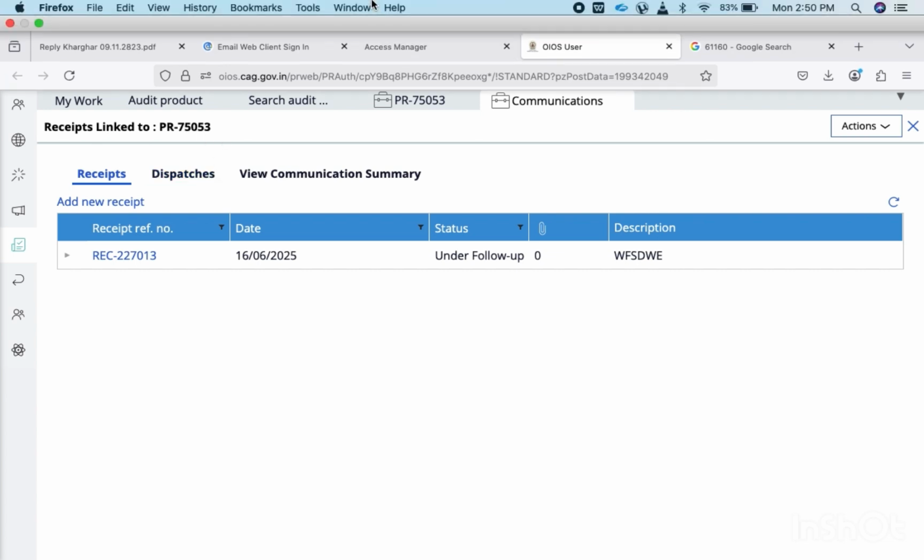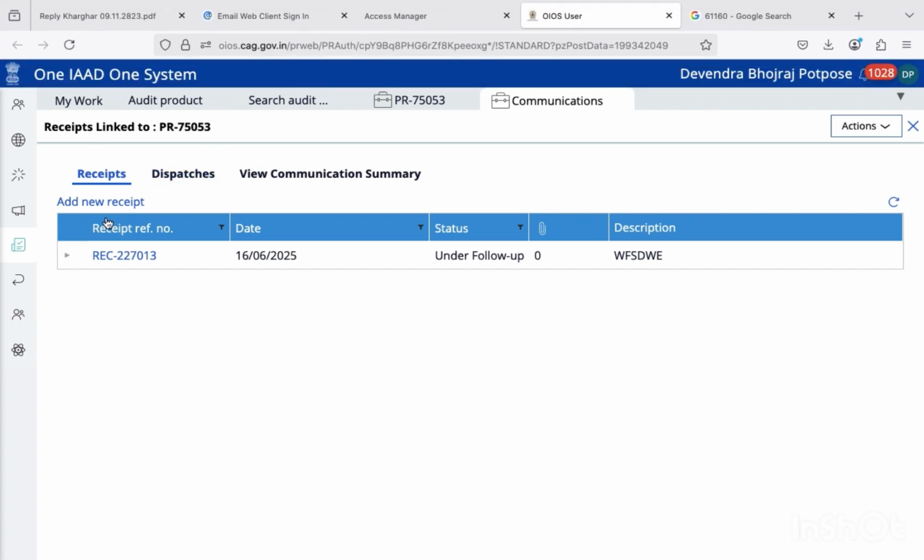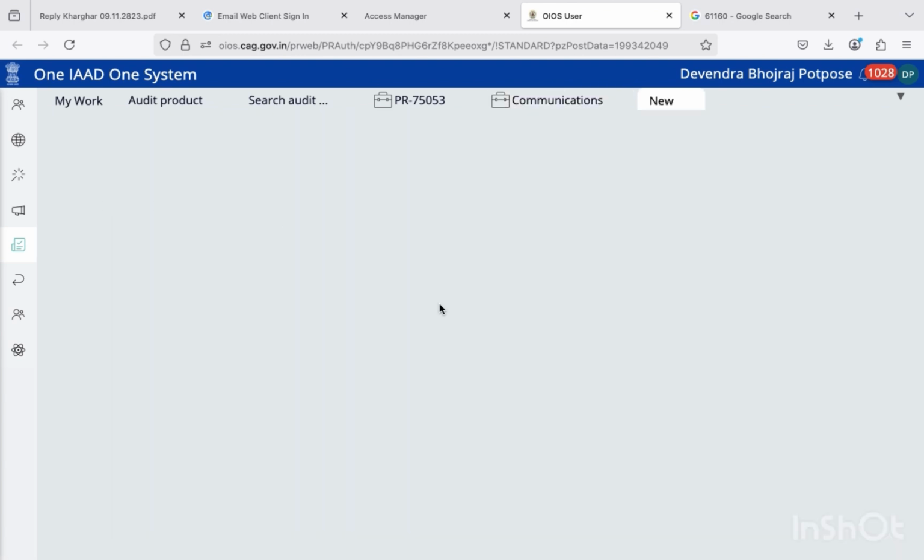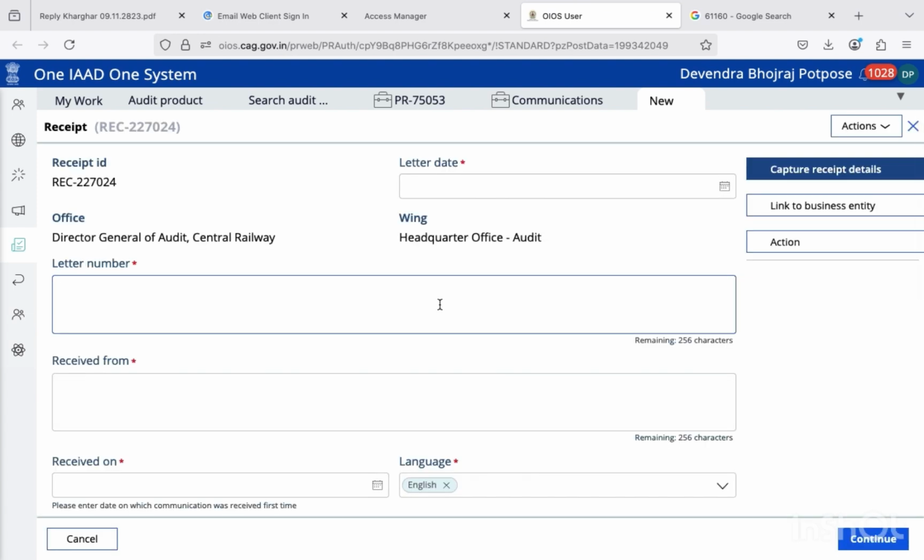So it's like that. Then after that, actually I tried to close earlier, but I just left it. So the thing is that you will get an empty row. Okay. So after visiting this page, you have to click on add new receipt. So after clicking on add new receipt, you will get the details of the reply. You need to just input the reply which you made over here,